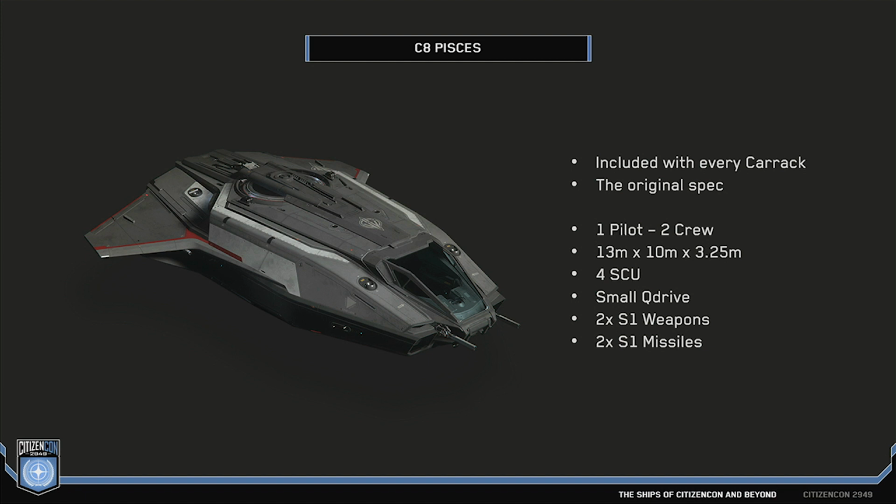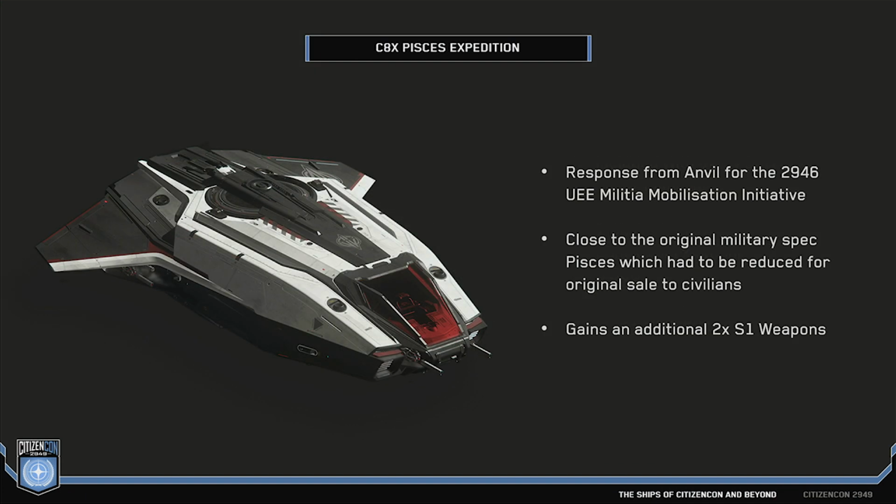And one of the biggest features is the quantum drive. Yeah, it is not a snub. It is a valid small exploration ship. Yeah. And then it's got some weapons and some missiles, countermeasures, what have you. Yeah. And then the expedition version is